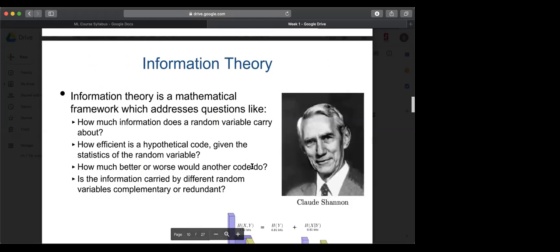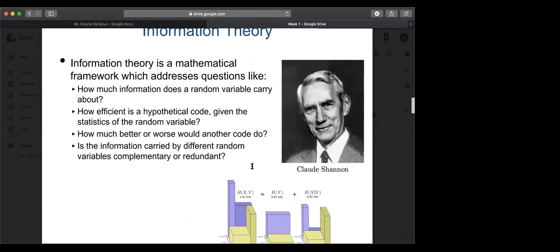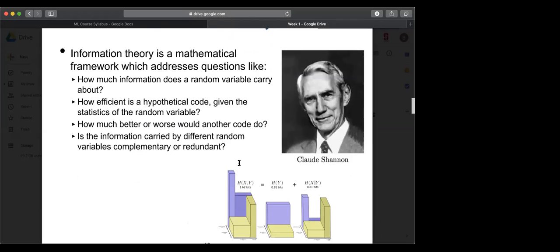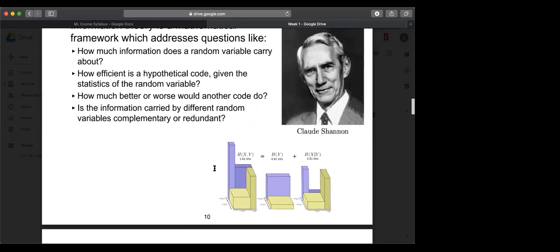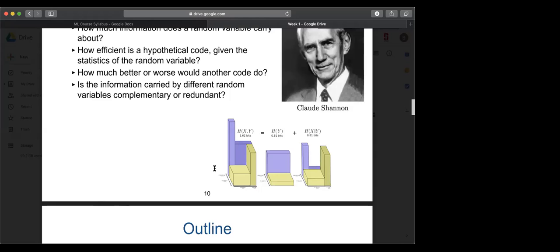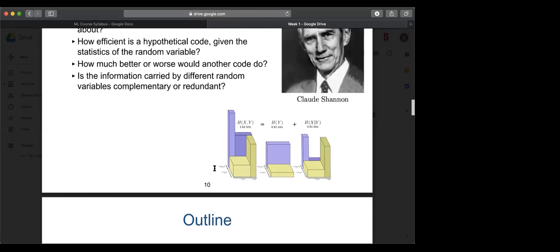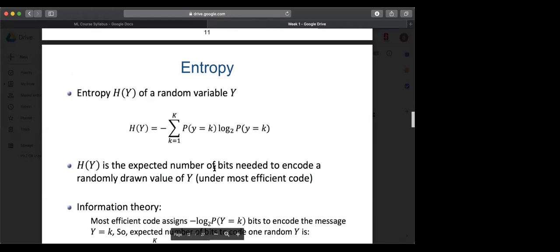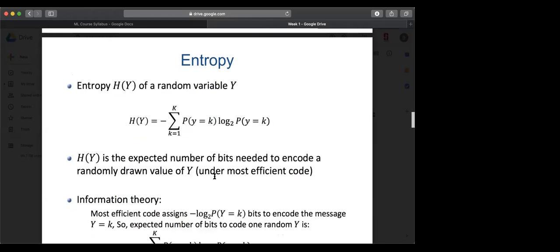Okay, so here's a little bit of background theory about Shannon, the guy who made up information theory, or started asking the questions about encoding. H of Y is entropy, and we'll talk about entropy in a sec. Here's where it all gets somewhat interesting. Entropy is basically the expected number of bits needed to encode a randomly drawn variable Y under your most efficient code, so it assumes everything is efficiently mapped. What you're doing is taking the probability of your event Y, times the log of p of Y.